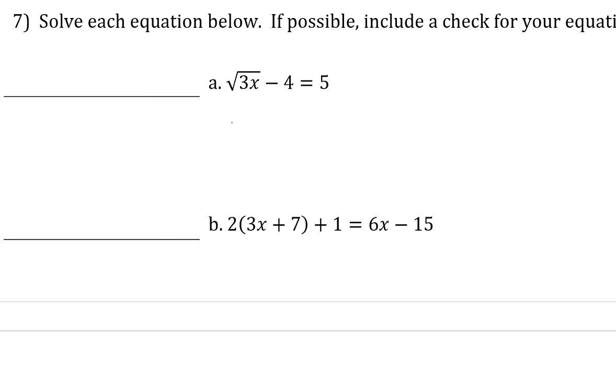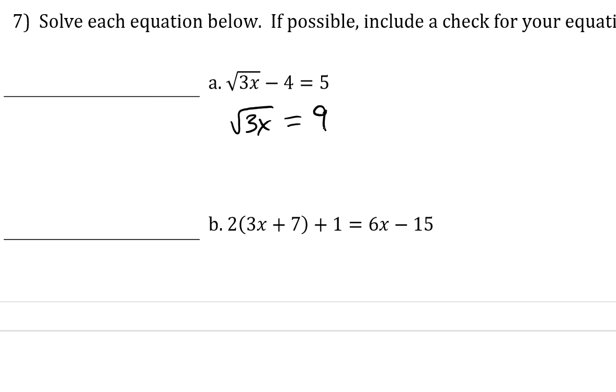You can certainly make other choices, and as long as you make good choices and you verify that your answer works at the end, it's fine. So when I added 4 to both sides, I get that 3x is 9. Now, because I know my multiplication facts, and I know that if I square 9, 9 times 9 is 81. If I'm taking the square root of something and getting 9, that thing has to be the